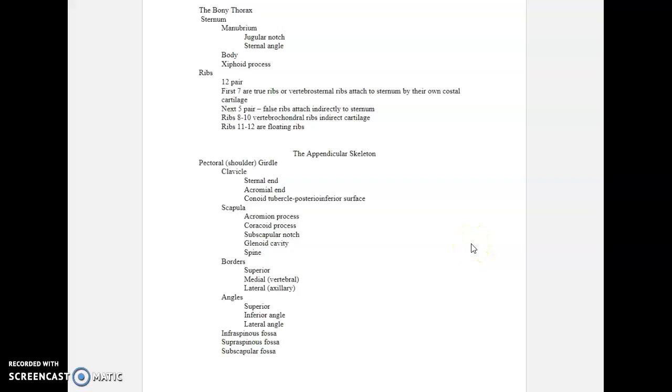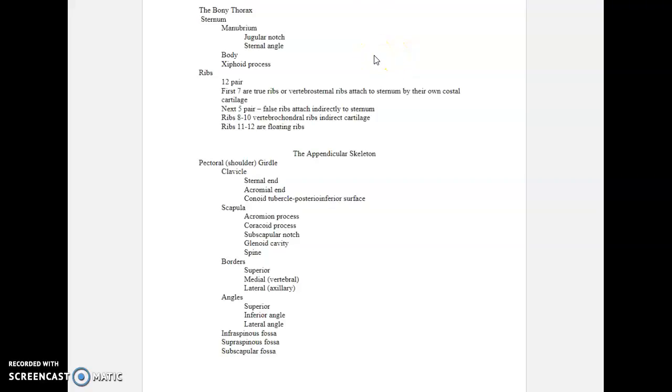Okay, let's finish up the axial skeleton and then move into the appendicular skeleton. Of course, when we say axial skeleton, we mean that part of the skeleton that is pretty much down the middle of the body, and the appendicular skeleton are the appendages that basically connect to that. So we've been talking about the axial skeleton so far, especially the skull, and now we've talked about the vertebrae,